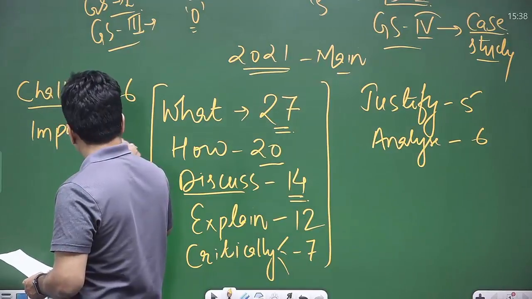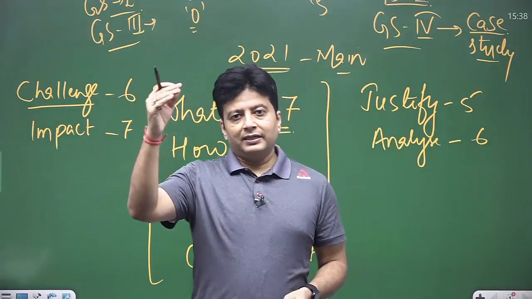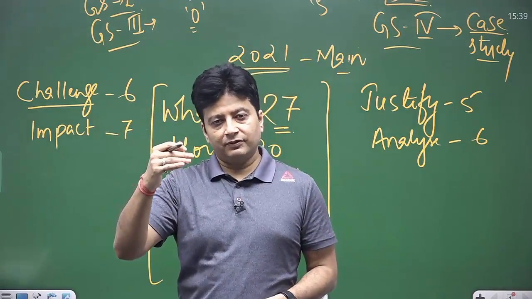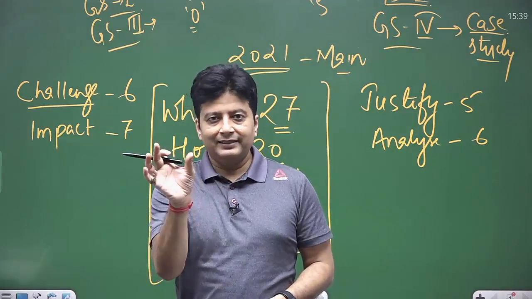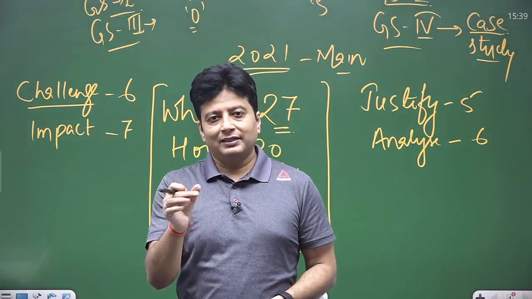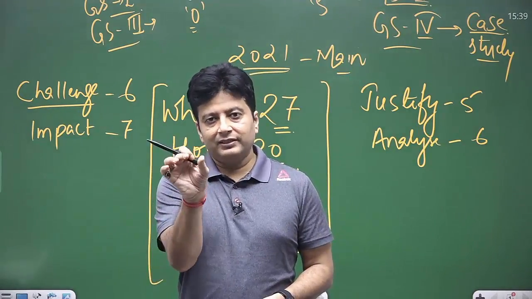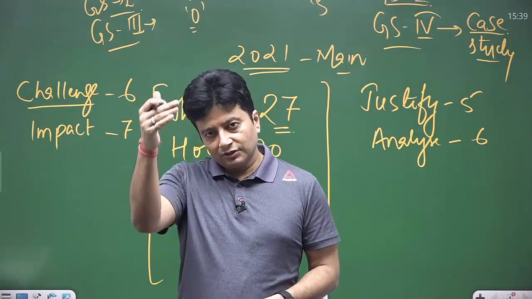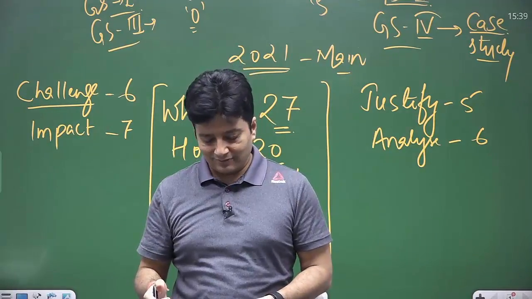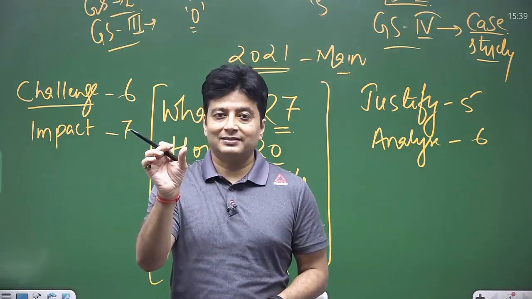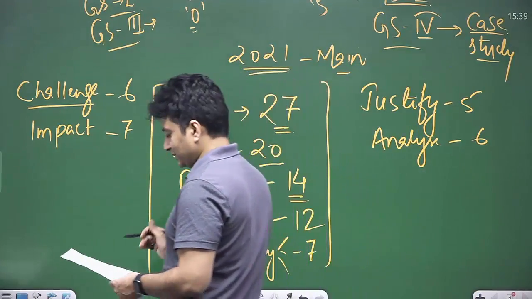Impact 7 times. I did not do anything special, but I had all the papers, GS paper 1, 2, 3, 4 in MS Word format, and then highlighted the tailenders. And what did I do? I just used the command Control plus F, and I entered the word discuss. So it was telling me the number. So I just wanted to share what all words have been used as tailenders in the exam. Okay. Now impact has been used 7 times.